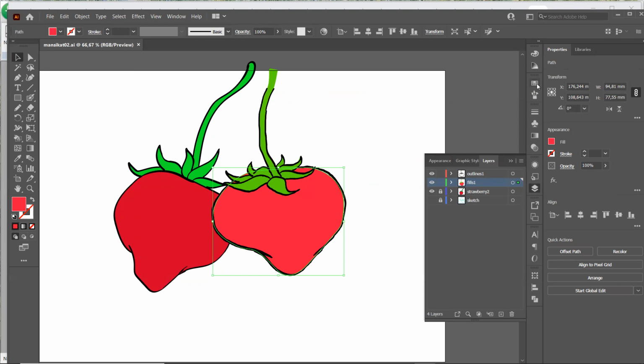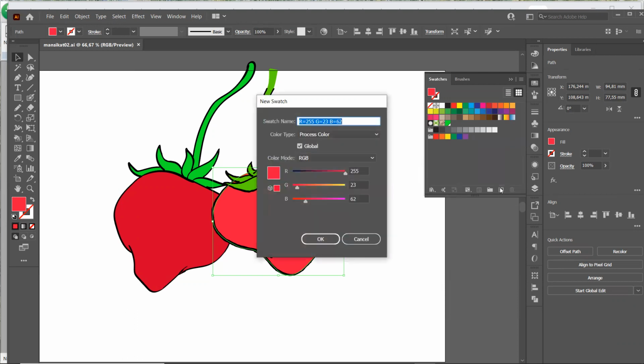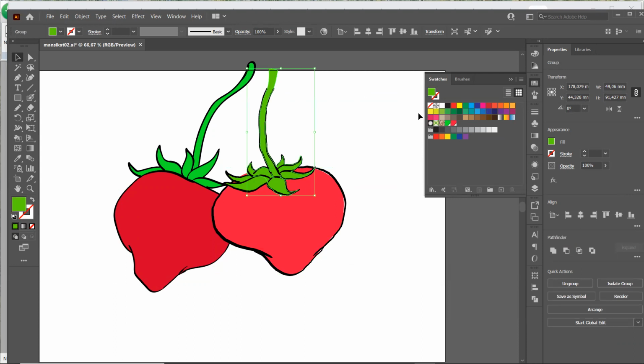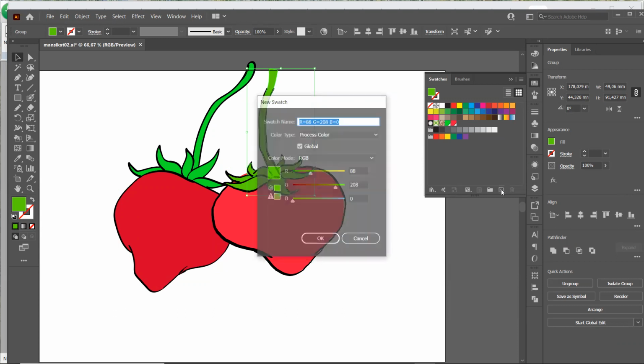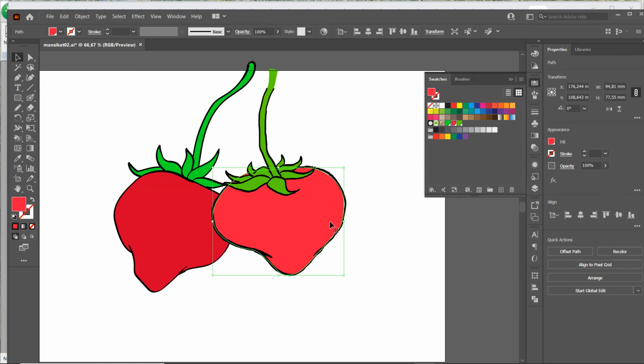By the way, I like this shade of red, so I'll just put it as one of the swatches. And because I'm going to change the fills now, I want to save a couple of these colors that I used earlier. Okay, there we go. Okay, so